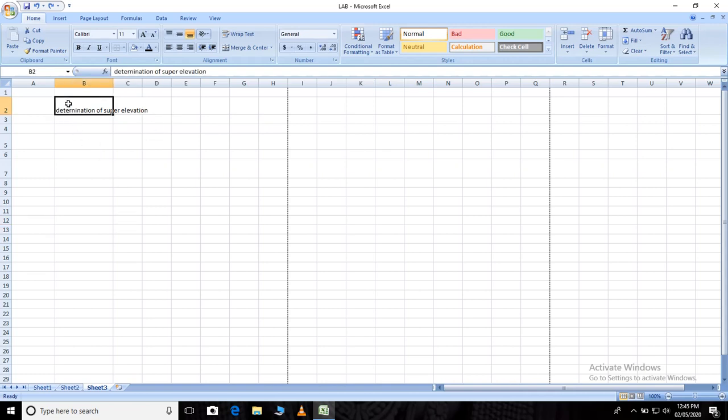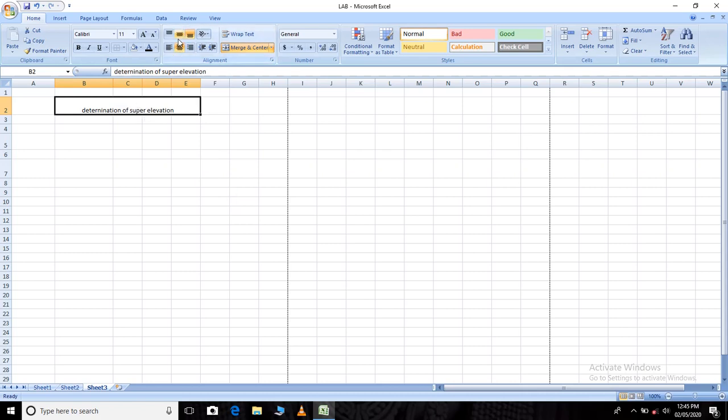For the full text, you select this much or this much, whatever number of cells you want to merge the text into. I have selected, and say Merge and Center. See, it is selected.